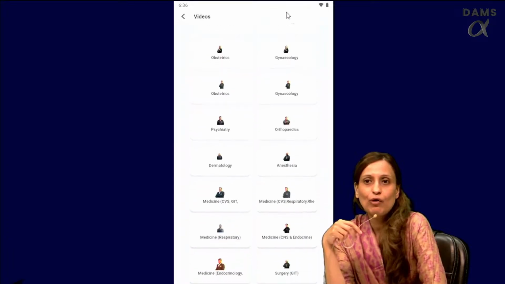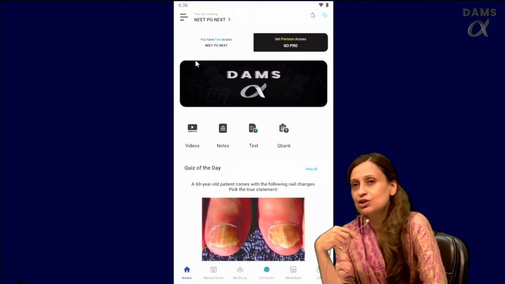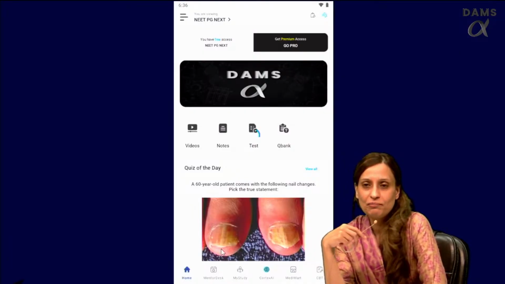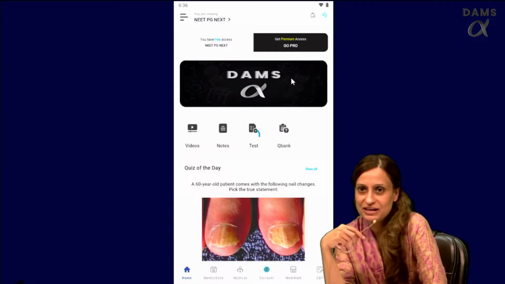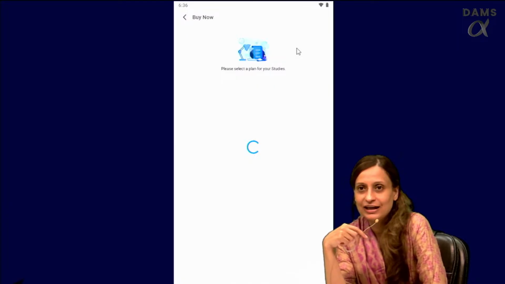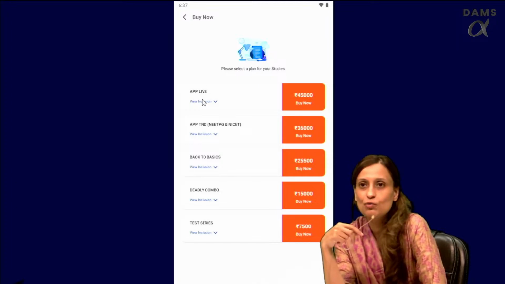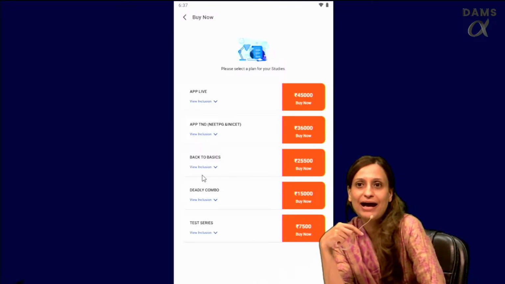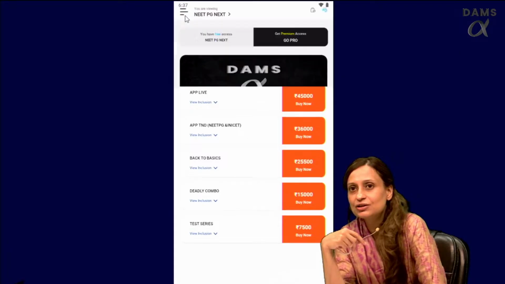Now at the bottom panel, there is an option when you go to the home page. Okay, let's go to the home page. Once you have selected the Go Pro plan, which is back to basics today, from here you purchase the course, right? And where does the course go? Then the course goes into the home page, right? So you purchase from Go Pro, you take the back to basics plan. And when you go back to the home page, Dr. Sameer, can you push it back to the home page?